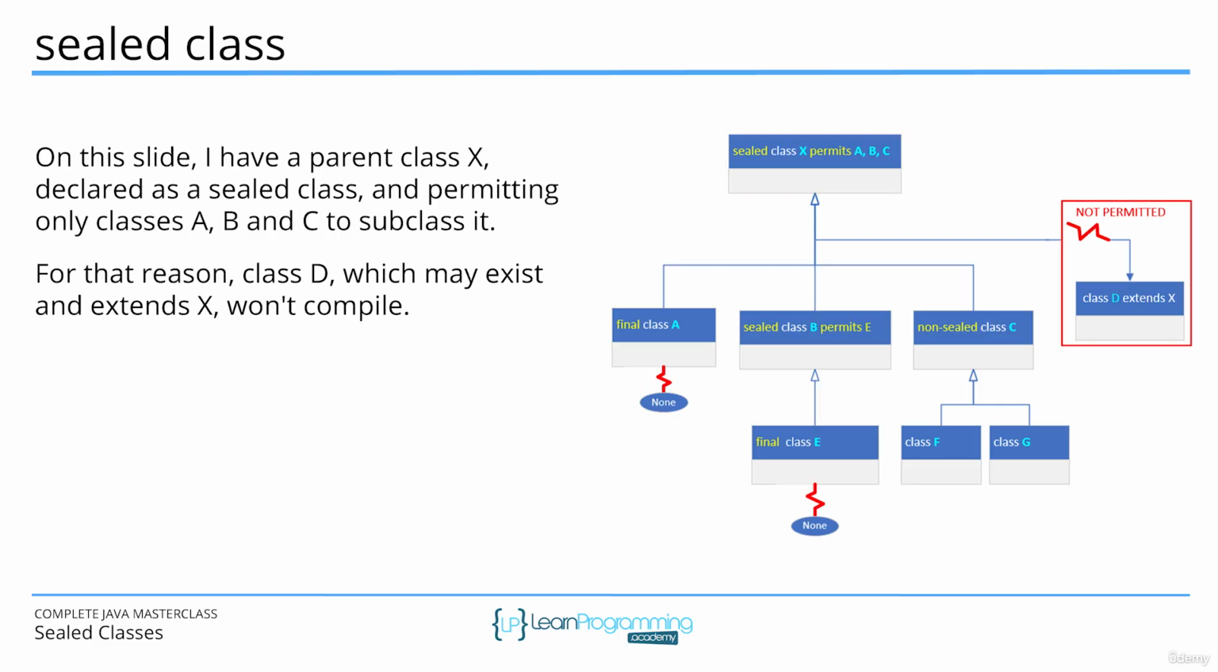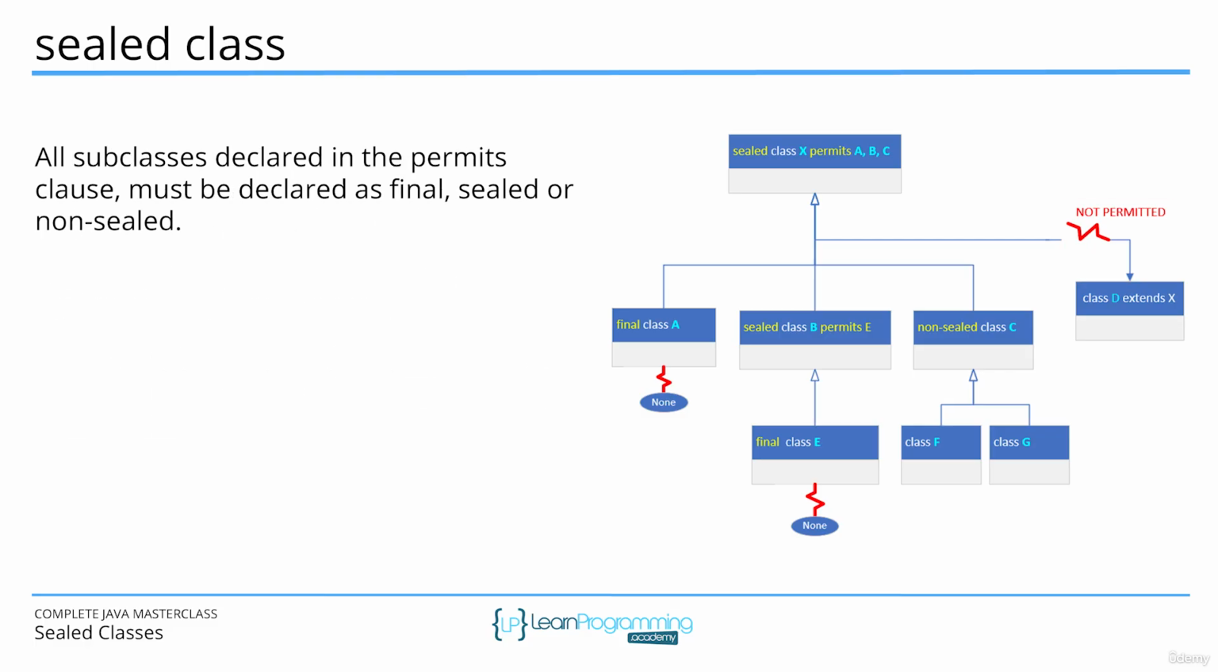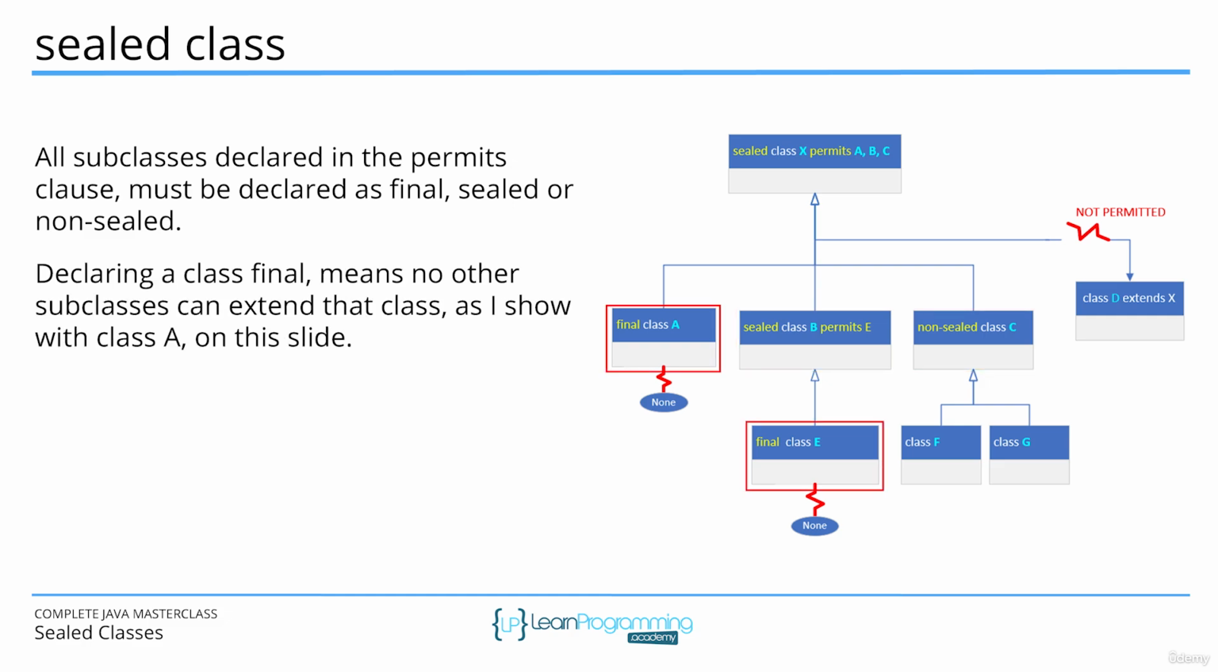For that reason class D, which may exist and extends X, won't compile. You'll have to either add D to the permits clause on X or remove D from the hierarchy in some way. As I've stated several times, all subclasses declared in the permits clause must be declared as final, sealed or non-sealed. Declaring a class final means no other subclasses can extend that class, as I show with class A on